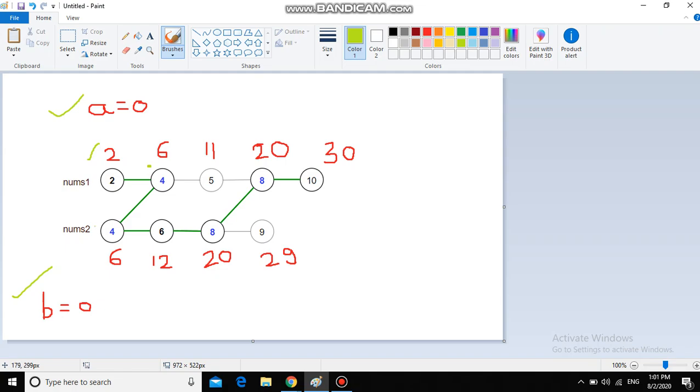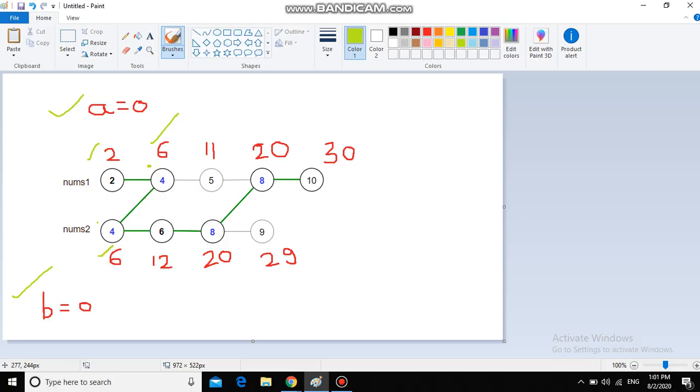So now both i and j are equal. So what we will do is select the maximum of a and b, the maximum of the previous values, and we'll give it to the element, because these two elements can have the same values. So we'll select the maximum sum from the previous one. So here the sum is 6 and here it will be 4. So the maximum of both will be 6. So we will assign 6 to both.